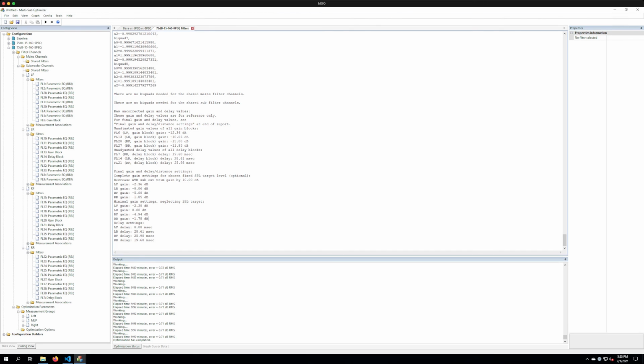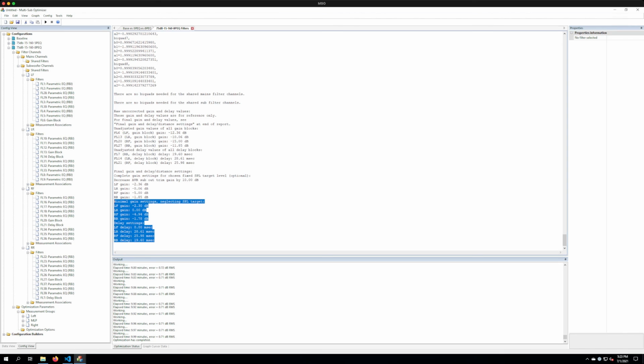So we take care of all of that in our room correction. So that's where I tend to use the minimal gain settings in my own config. And then these are our delay settings here, and these will go straight into the miniDSP, okay? So I'll just copy pasta this stuff down. Refresh it. I'll copy it out, stick it in a text file, and then I'll use that to input into my